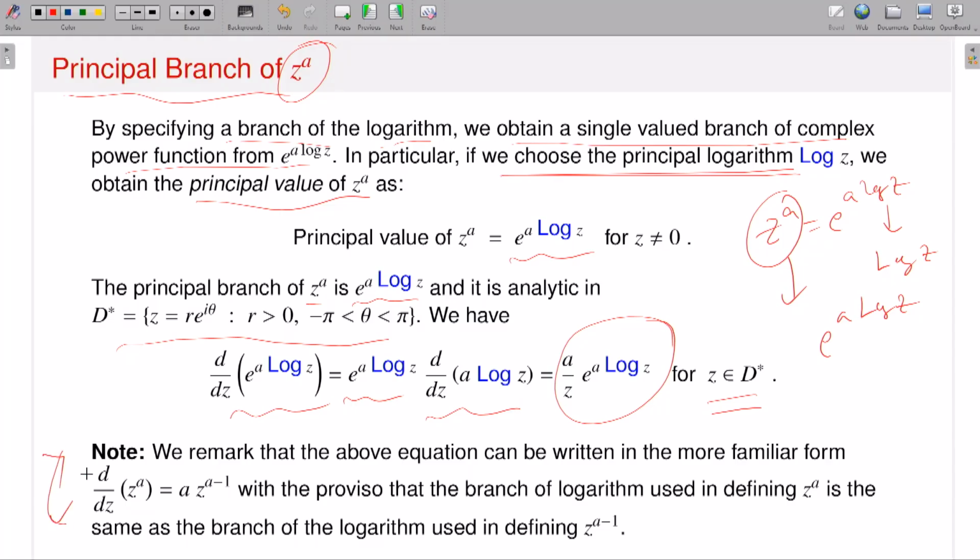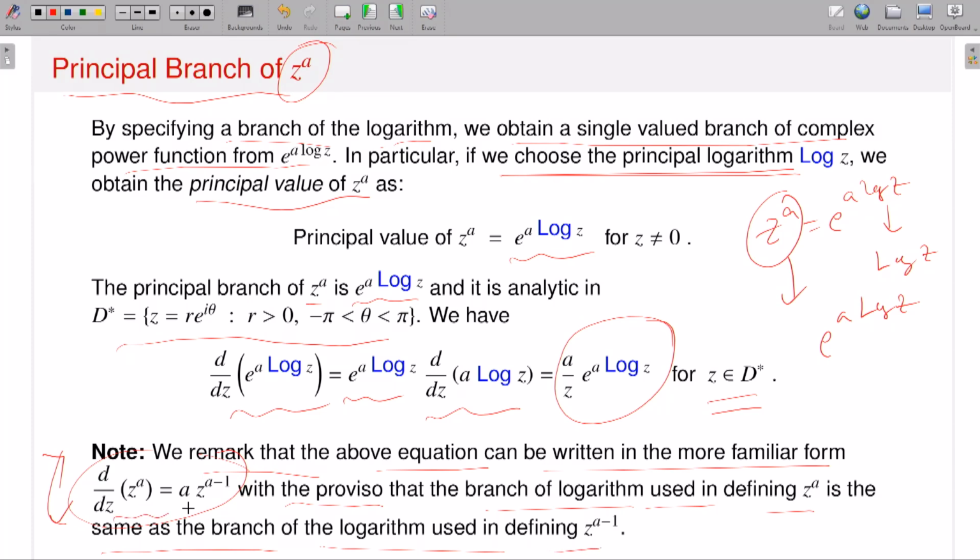Now this note is very important. We remark that the above equations can be written in the familiar form, like this one, if I replace z by x, or a by some real number, then this kind of derivative you know. So I can think about this also in this way, with the proviso that the branches of logarithm used in defining z to the a are the same as the branches of logarithm used in z to the power a minus 1. Because you see,